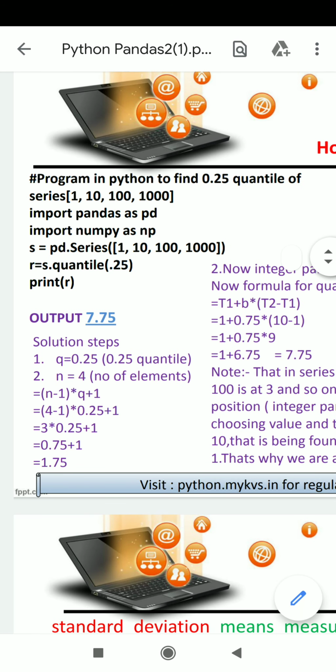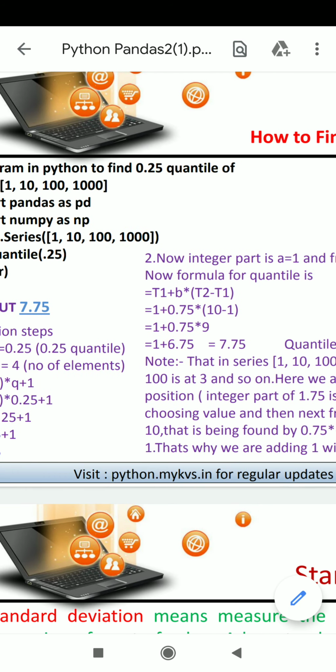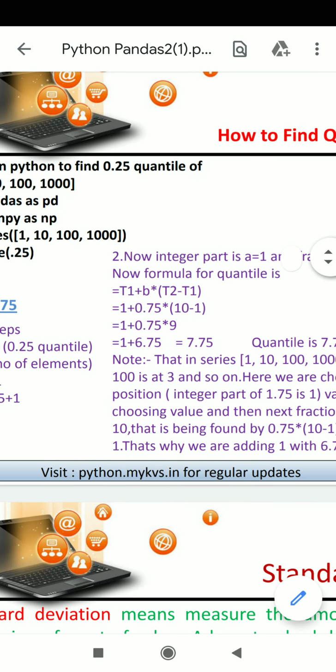You must be familiar with the meaning of these variables. q is the quantile to be found out, n is the number of elements, t2 is the higher value in the list, and t1 is the lower value in the list.